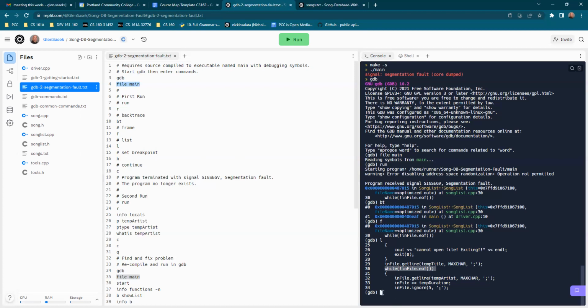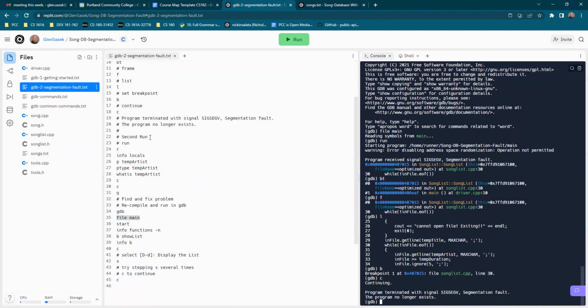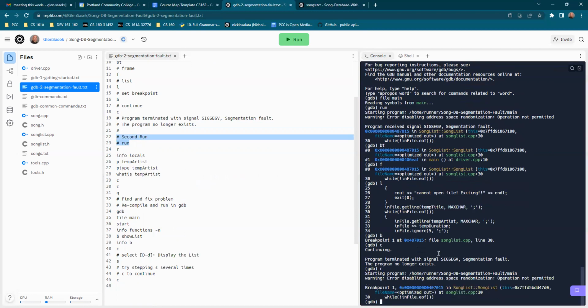So we'll do b to set a breakpoint at the current position where it's stopped. c to continue, and now it finishes the execution with that segmentation fault. So now I'll run it again now that that breakpoint is set, and see if we can find the problem. So r,